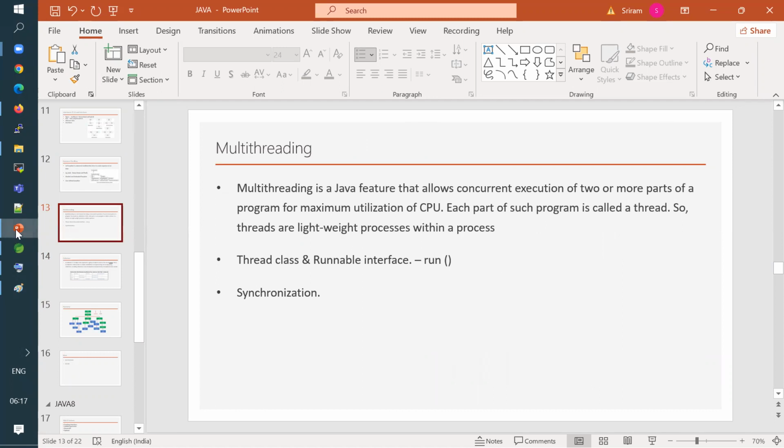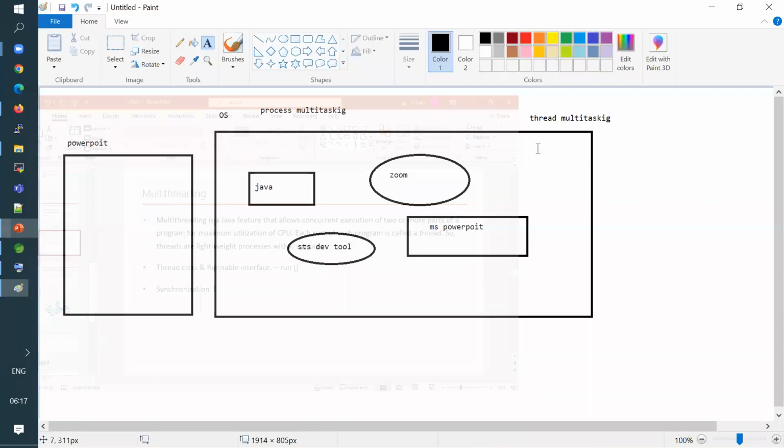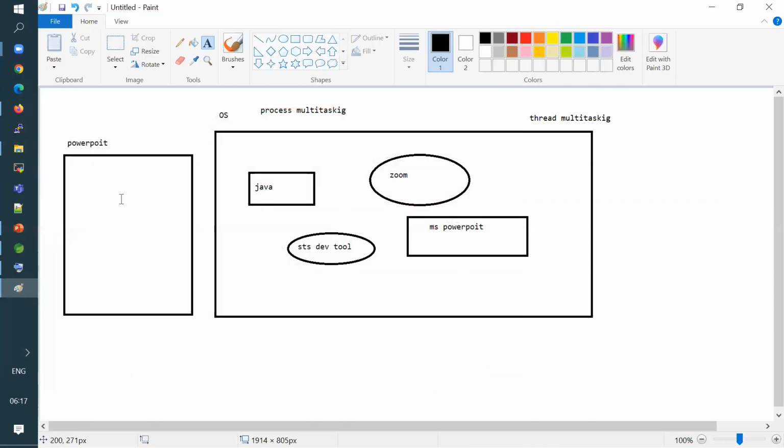But what if there are multiple things in my PowerPoint application which need to happen at the same time? That means if I want to see multitasking within PowerPoint, how? You understood the question now? You understood what process-based multitasking is.